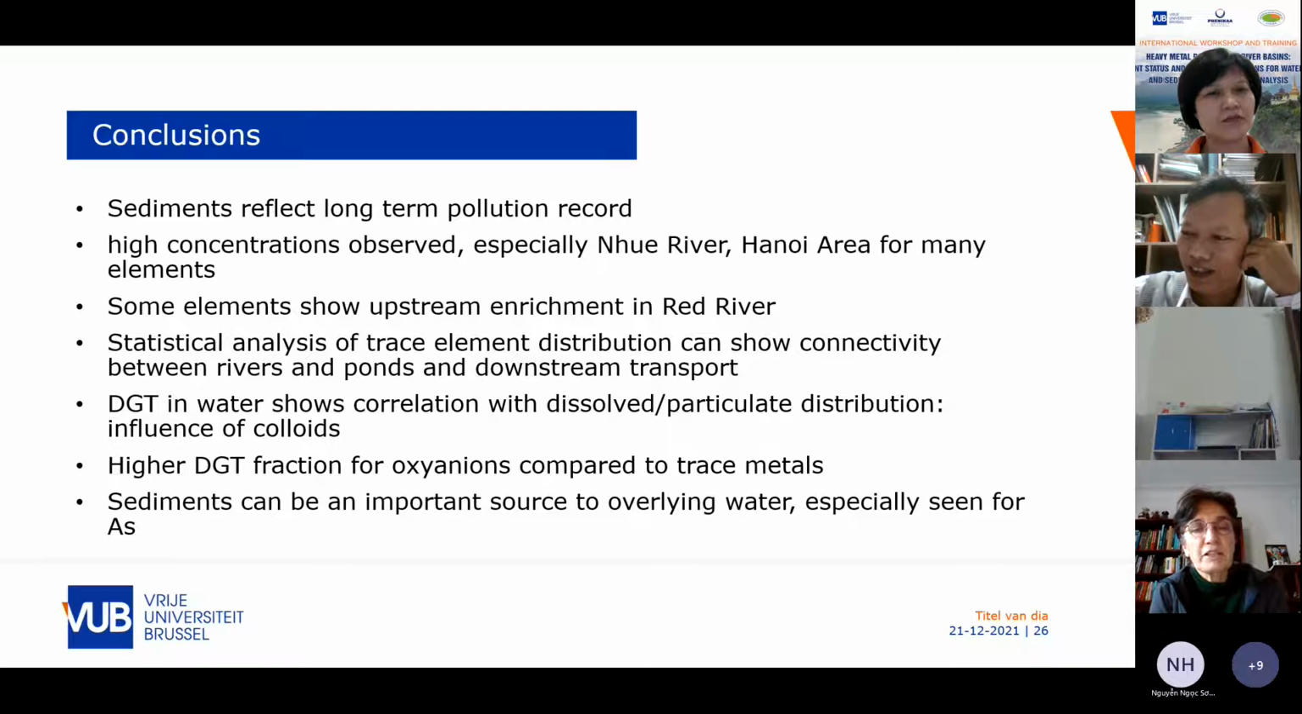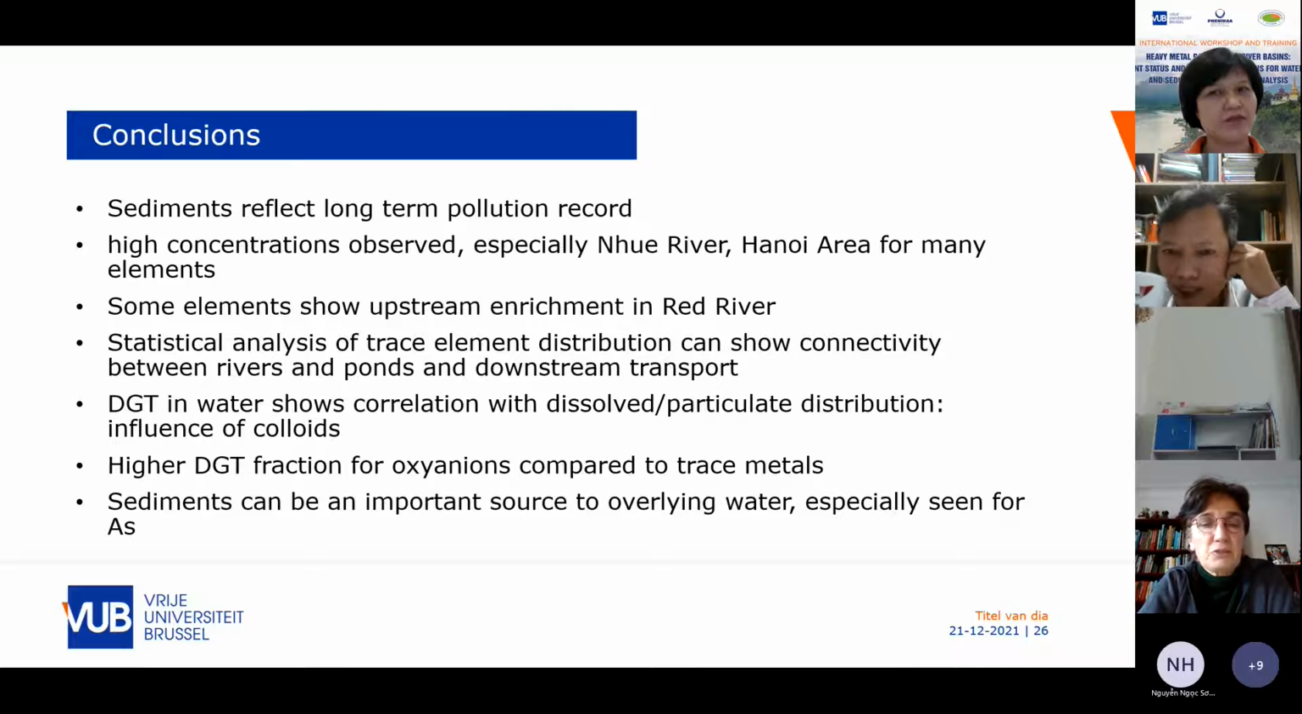So our statistical analysis can show our distribution patterns and connectivity between the different rivers and the ponds and the downstream transport. Our DGT in water shows a good correlation between the particle and dissolved distribution, so that shows the importance of colloids on this DGT labile fraction,